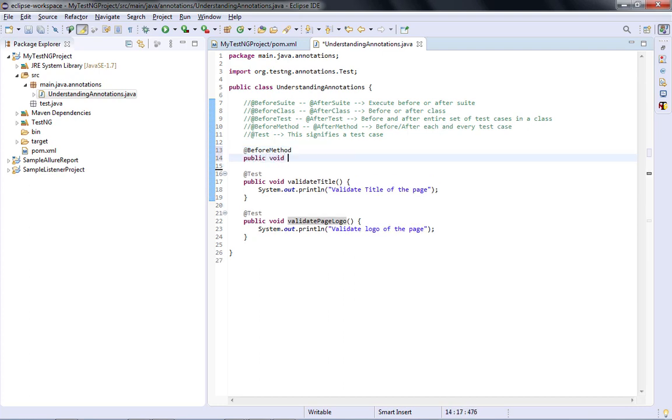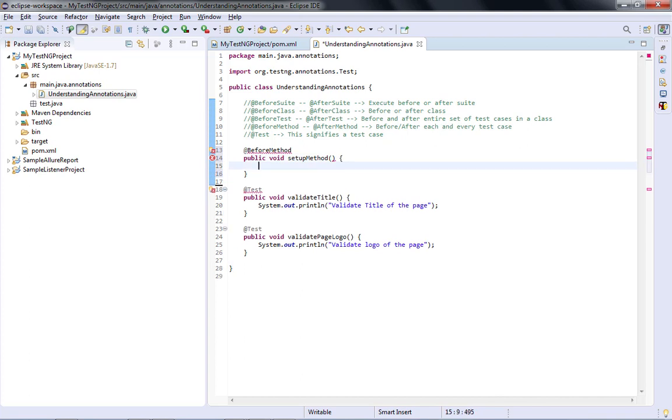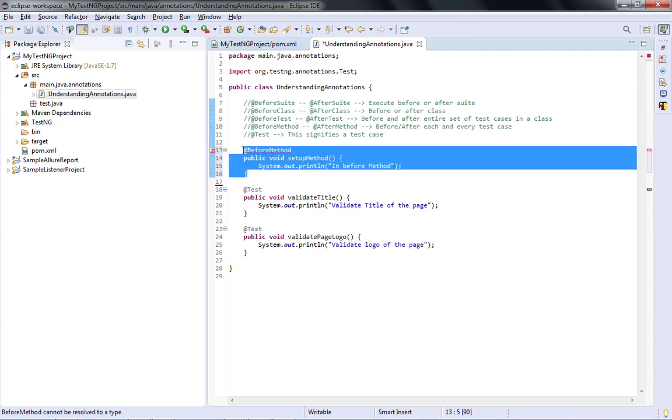What should I name it? Okay, so let me name it setup method. I'll put a SOUT statement here also, saying "in before method." Okay, and similarly guys, what I'm going to do is I'm also going to set up an